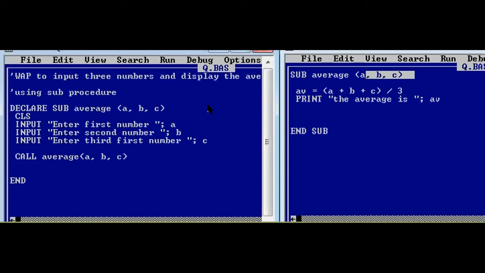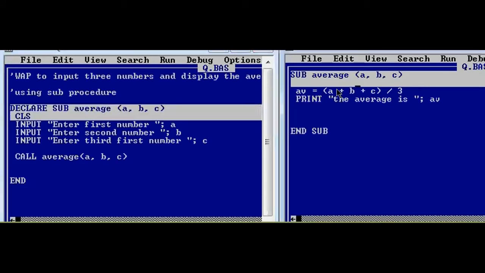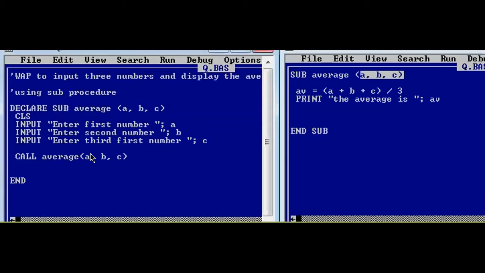Now we have already solved our program using subprocedure, and please don't get confused with different parameters. Over here and over here, it doesn't make any difference whatever parameter you write. The parameters you write in this particular part don't make any difference. You can choose different parameters over here and here also. The main difference it makes is what you pass while calling. While calling, you have to pass the values, or the variable names or the arguments where you have stored the values. Here a, b, c are the variables where we have stored